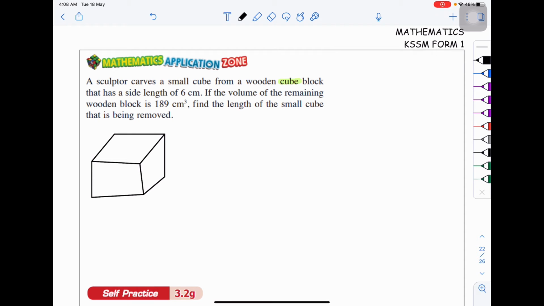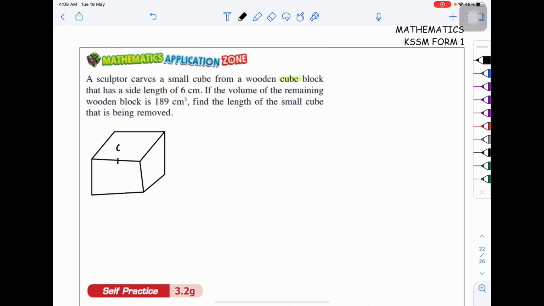Okay, so this is an example of a cube. Imagine that they have the same sides. Now the side of this wooden cube is 6 cm, each of these 6 cm. If the volume of the remaining wooden block is 189, find the length of the small cube that is being removed. So you are removing a small part of the